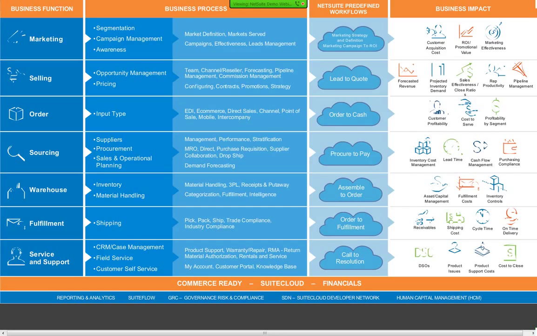We're not going to be able to go through everything, but hopefully you'll get some perspective of how NetSuite can run your entire business and the flow that we provide to make that work. And of course, the most important part is it's built on a set of world-class financials, a customizable platform, and it's commerce ready.